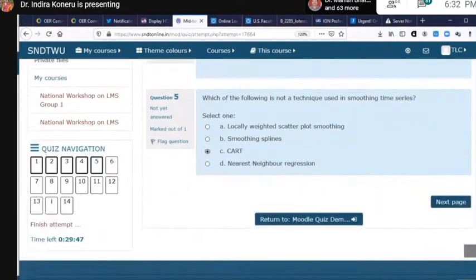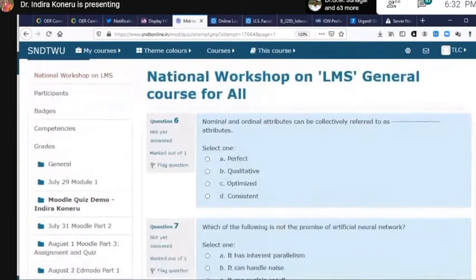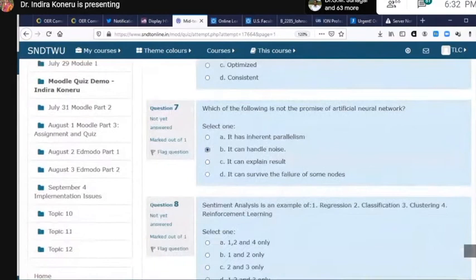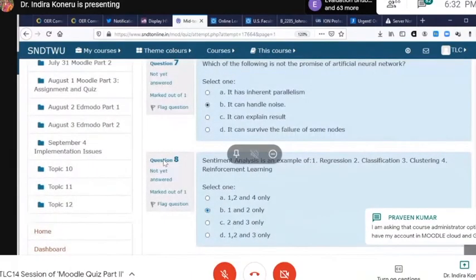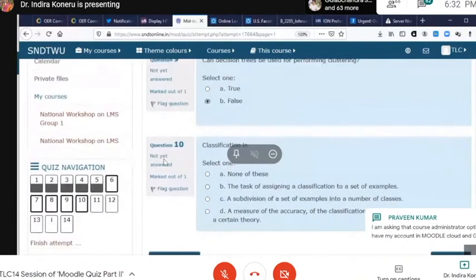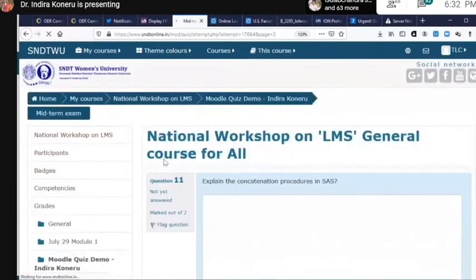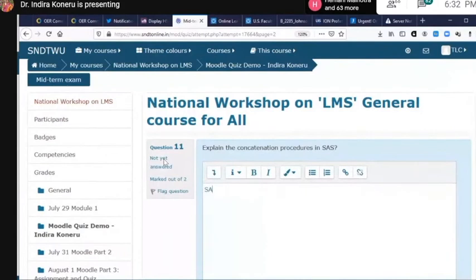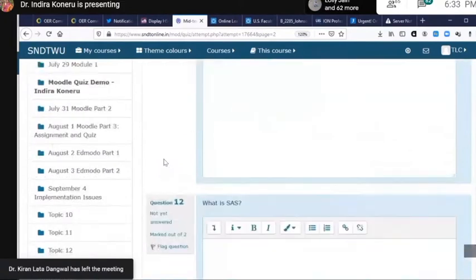See here in the navigation block we have the countdown timer, and as a student I'm clicking on next page, picking randomly. So whenever you have all of the above, none of the above, please remember to edit here. So, essays, concentration, procedures, include something. I don't know what to tell this.